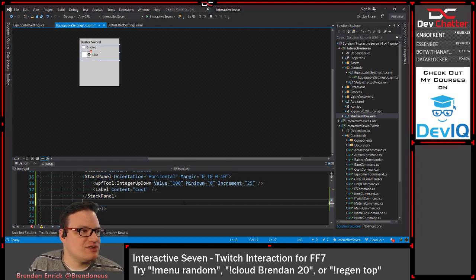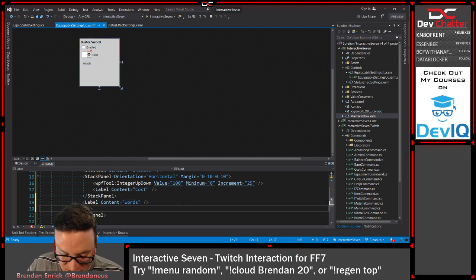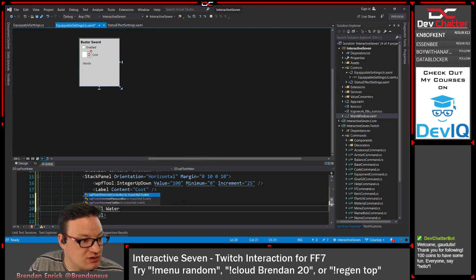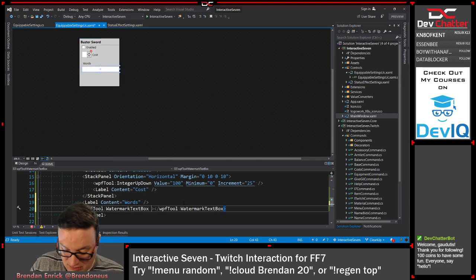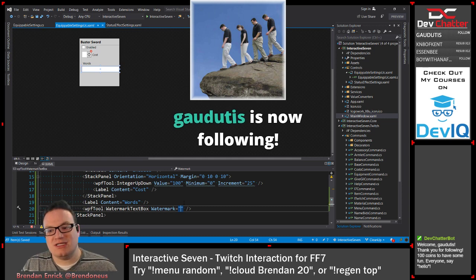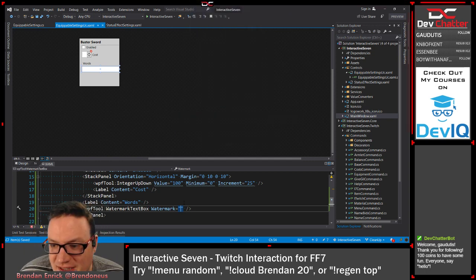What comes after this one? The next one is the label. Label. Content: Words. And then after that is the WPF toolkit. This one we want watermarked. The watermark is going to be